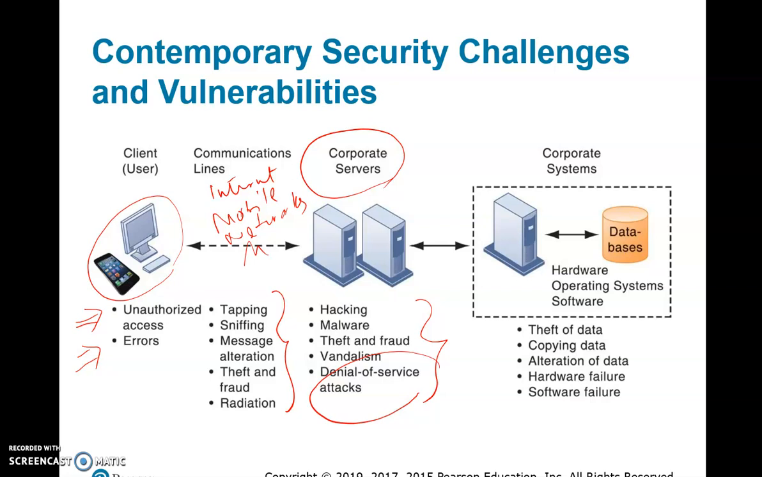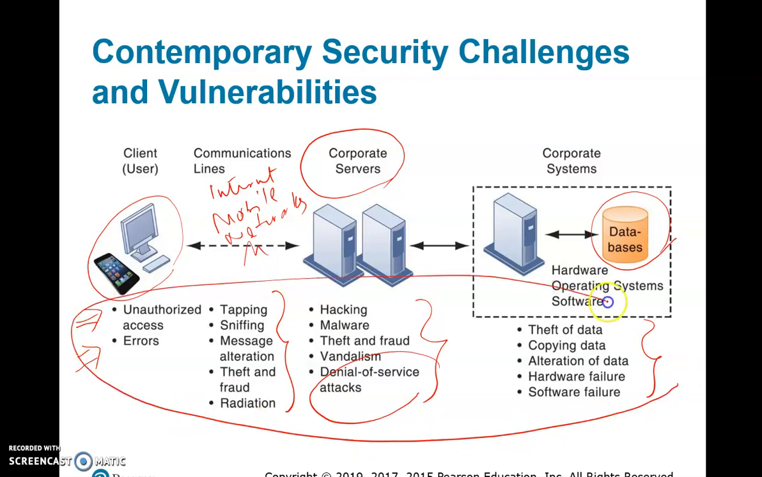In corporate systems, where the servers are connected to each other, you can have databases with lots of information. Information can be like your grades, if you're working at Roosevelt University, your pay and all that stuff. These are all in the databases, right? And theft of that data, copying the data, altering the data, and failures of hardware and software are also vulnerabilities. So basically, all these are the vulnerabilities and challenges that are posed on computers around the